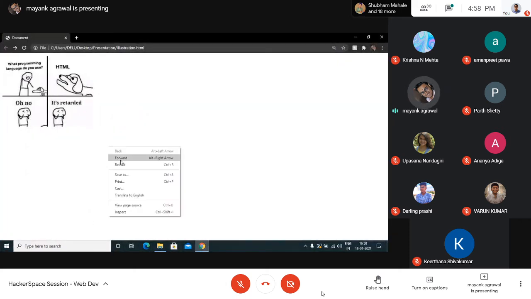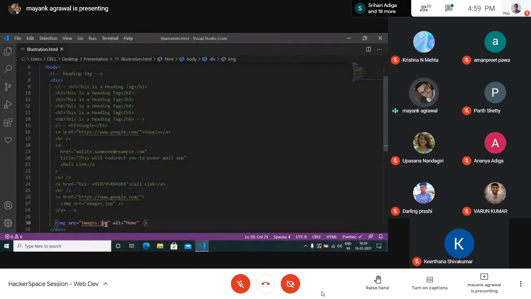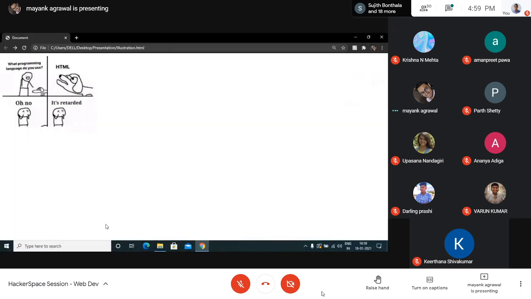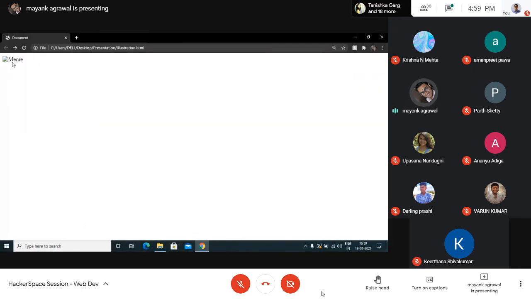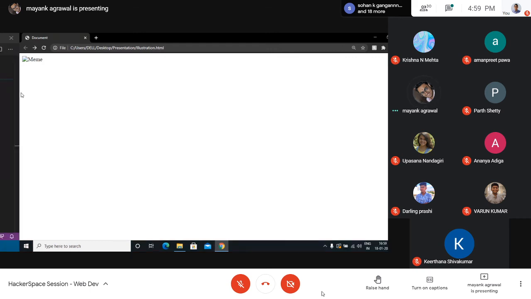If for some reason the image didn't load up, the alternative text that was there will load up, and this icon over here shows that the image isn't loading, and this is the alternative text for that image.